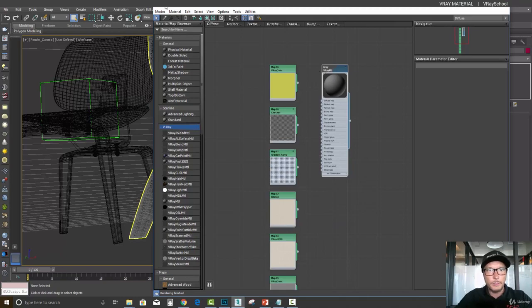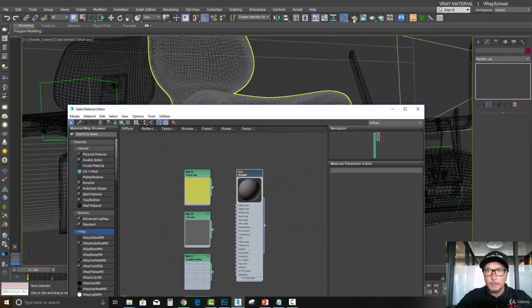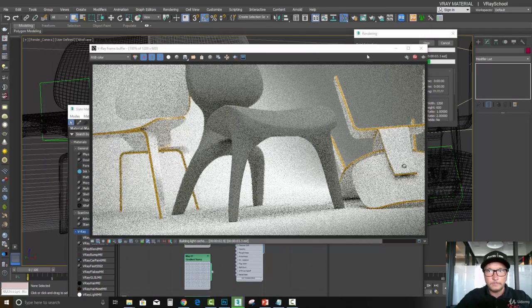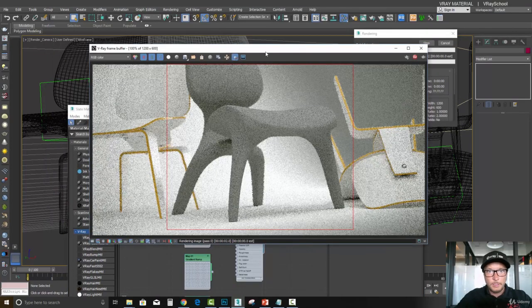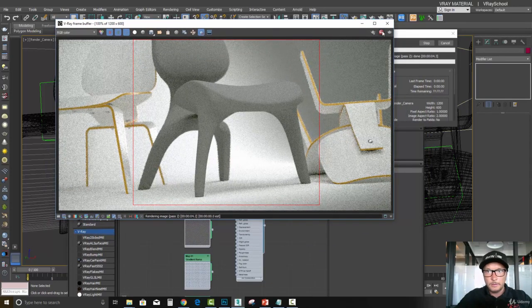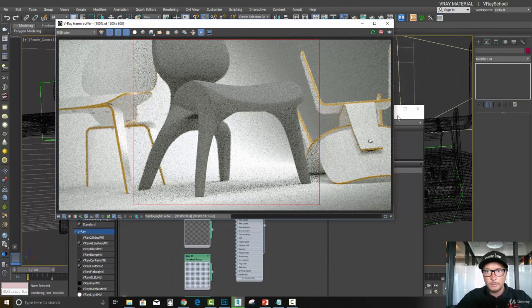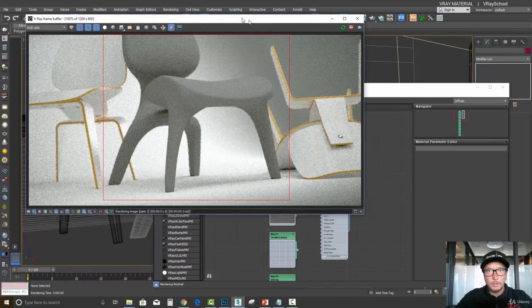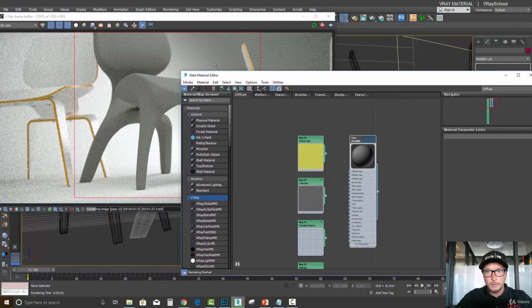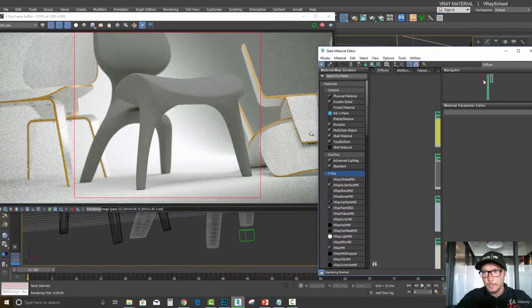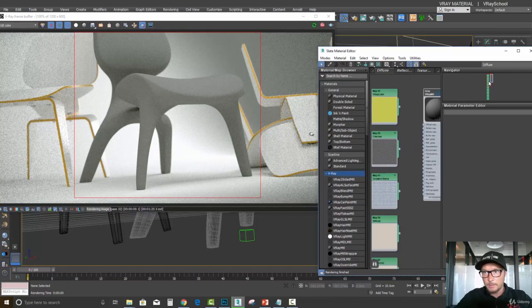But it's pretty easy to work with Slate Material Editor because you can see exactly what's connected where, and you can see the entire path of those nodes for the material, for the shader. Alright, so let me start my render here. And I'm gonna click on the region. Let's stop it, put it in the interactive mode, and let's work a little bit with this guy. Okay, so I can navigate through this,